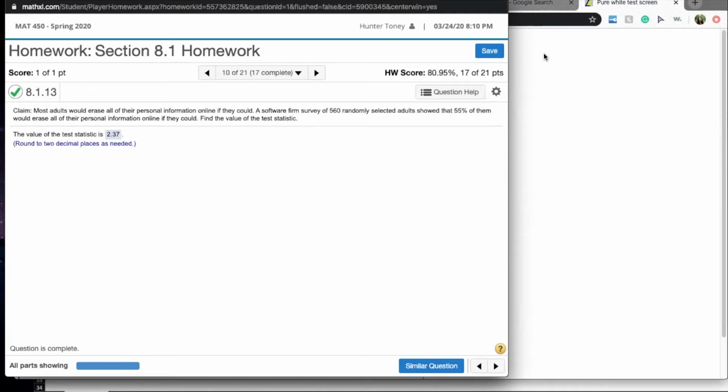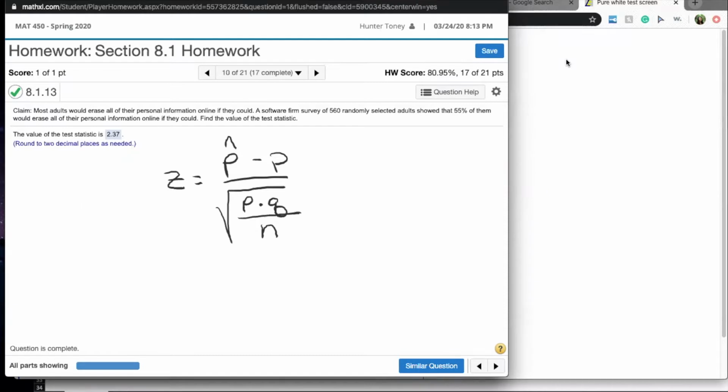So you guys should have already seen, I posted a cheat sheet on when to use which equation. So if we pull out the information we have, we're looking for proportion. So the only formula that we use for a proportion is our z is equal to our p hat minus our p divided by the square root of p times q over n. So before we can solve this problem, we obviously have to find all of our